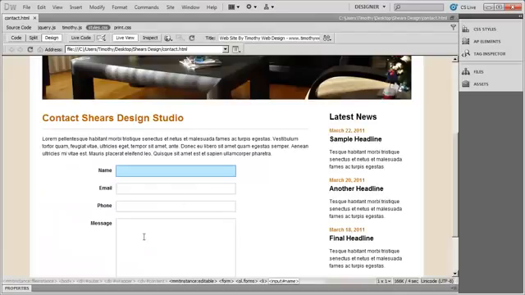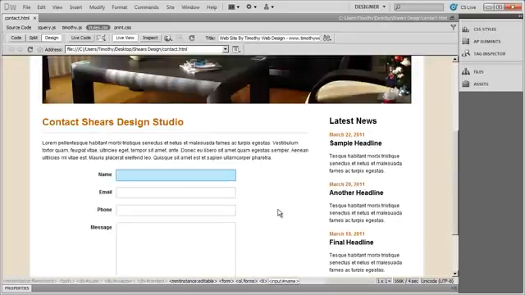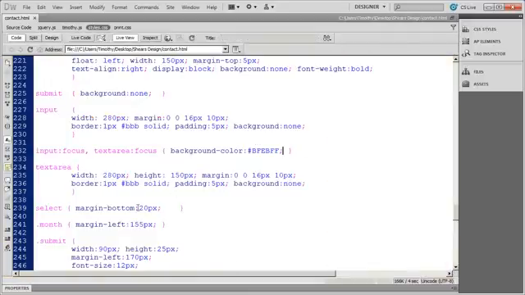And now when I come into Design View, you can see the different color that's applied to the background of the field. And that's way too bright for the background color of my field, but you can see what that's doing there for us. So you can definitely go in here without doing any damage and change some of the